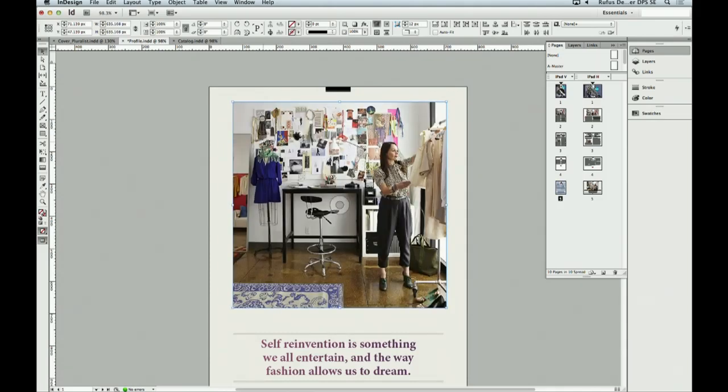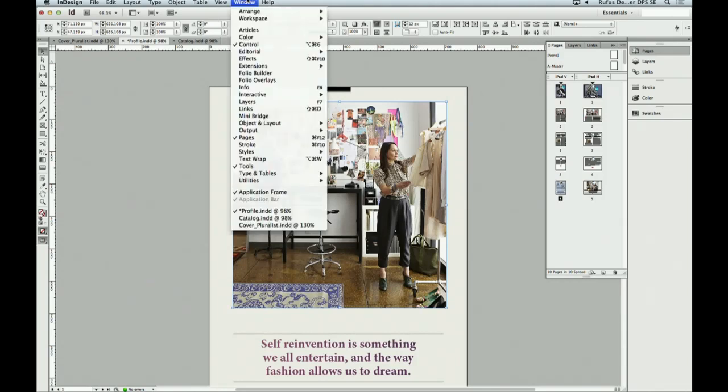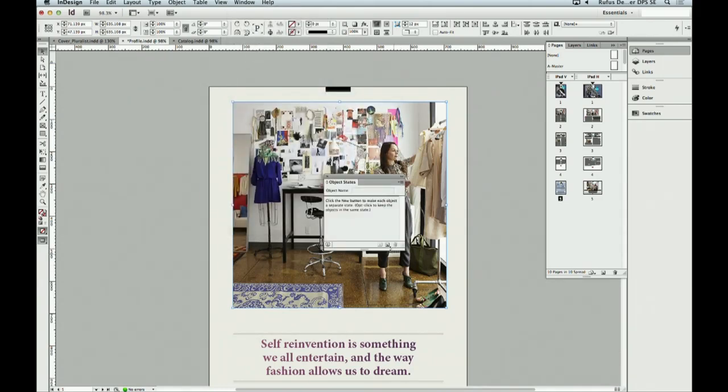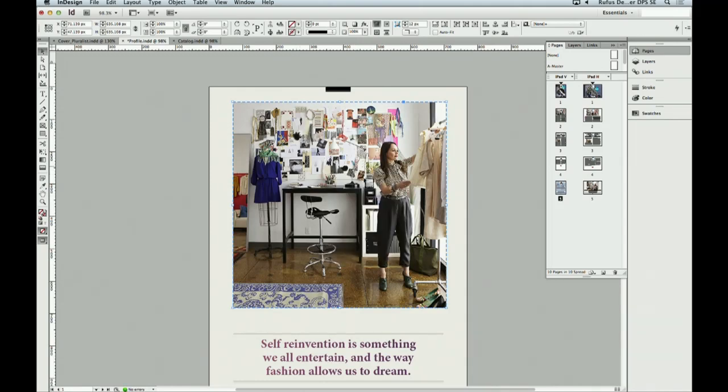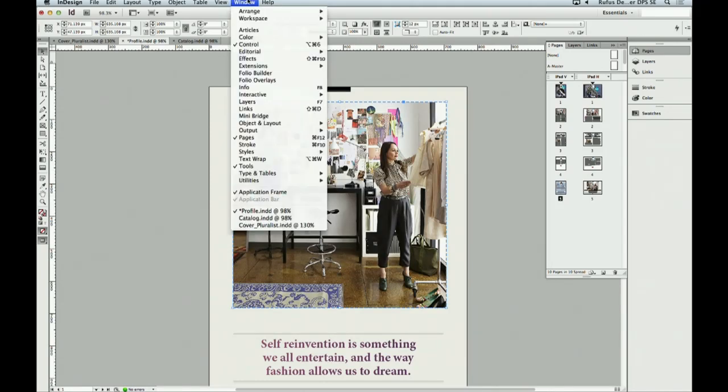And with the images still selected, I would go here under Window, Interactive, and create object states. I'm going to create a new object state and simply call this Gallery. All right, so I have 4 images in that object. The cool thing is that once I've done this, and with this still selected, if I go to Window and Folio Overlays, which are the